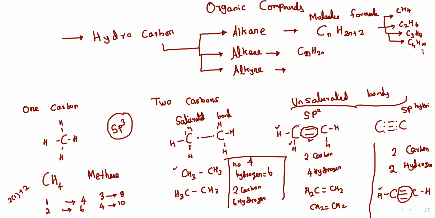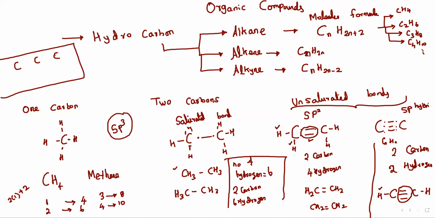And for alkyne, it is a triple bond. These two are the unsaturated hydrocarbons. Alkene is when there is a double bond. Alkyne is when there is a triple bond. So this is CnH2n minus 2, because for 2 carbons only 2 hydrogens are there. So we cannot write CnHn. It is not correct, because if you take 3 carbons, I will write it here. Just take 3 carbons.